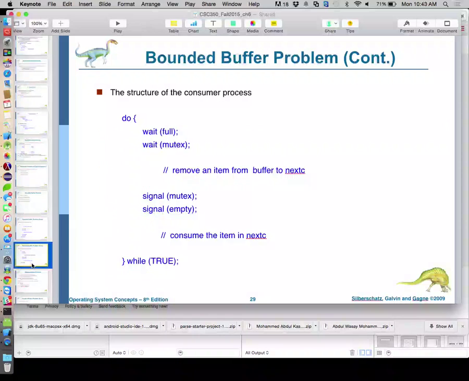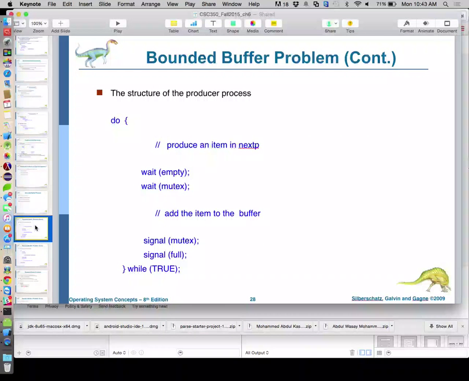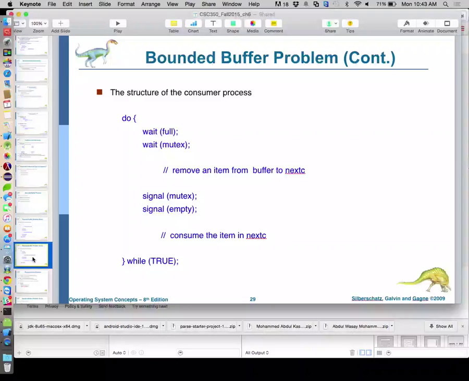So kind of coming back to the bounded buffer problem. Based on what we just talked about, what does this solution guarantee? What problem are we solving here with the bounded buffer problem? And what could we apply that to in real life?